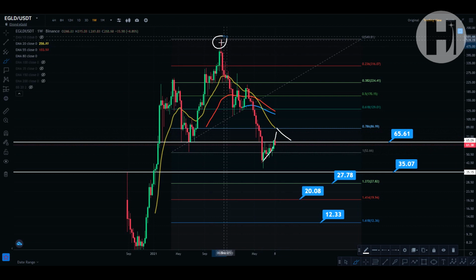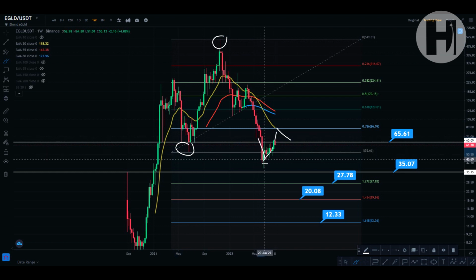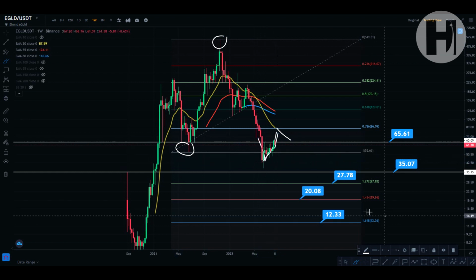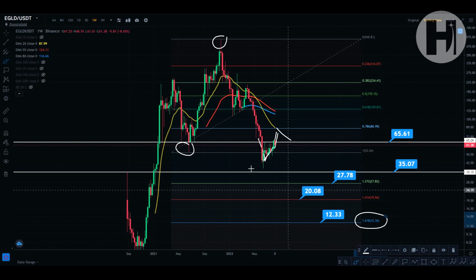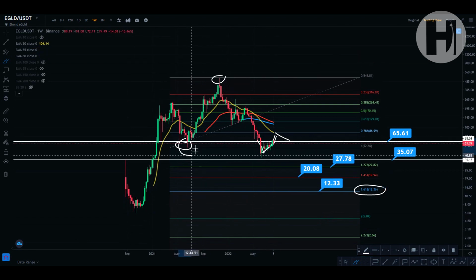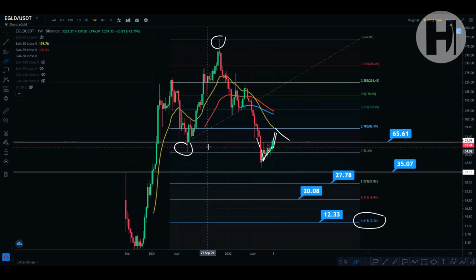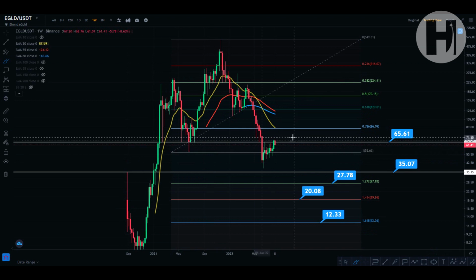So the swing high here of this Fibonacci retracement is the all-time high in November, and the swing low is the July swing low. So we barely lost the first fib level. So we're not targeting the 1.618 in this instance, which is very bullish in my opinion. Some projects have lost their last year's low and then some, right? And you don't see that with Egld, which is a very bullish thing. And yeah, so the 0.786, I should say, and the 20 MA here at $87 is a very, very